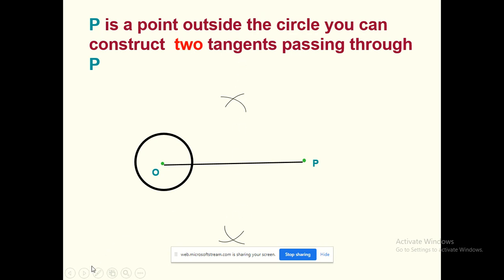So what I'm doing, guys, is the perpendicular bisector of OP. To draw it, you put your compass here, do an arc, another arc. Then I put my compass on O, another arc, another arc. I'm drawing the perpendicular bisector. Or you can draw it by taking the midpoint of OP and then drawing a perpendicular. It's the same. Then I draw the circle with its center at the point where the perpendicular meets OP,